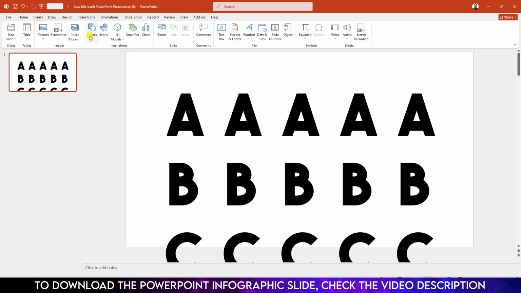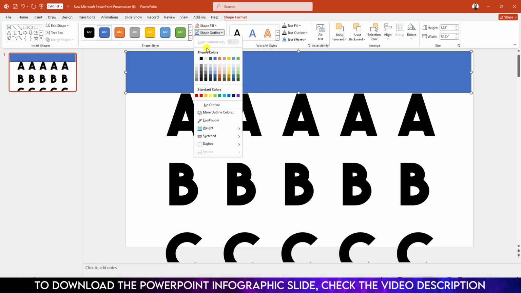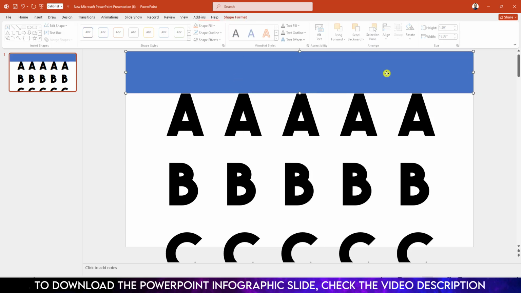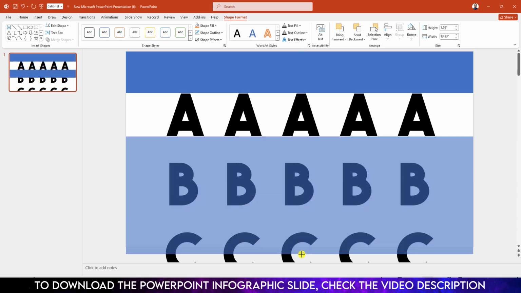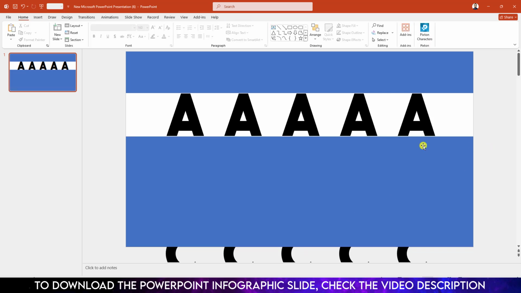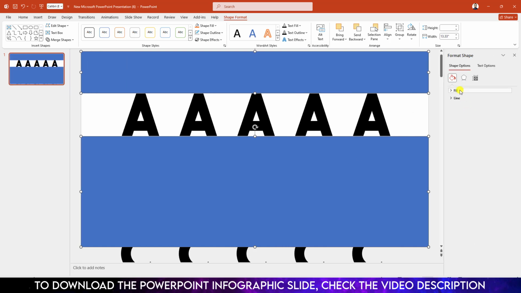Now go to Insert, go to Shape, pick a rectangle shape and drag it over here like this. Go to Shape Outline, make it no outline. Now press Ctrl D to duplicate and place another copy over here like this. Now select these two, click on right button, go to Format Object, go to Fill, click on Slide